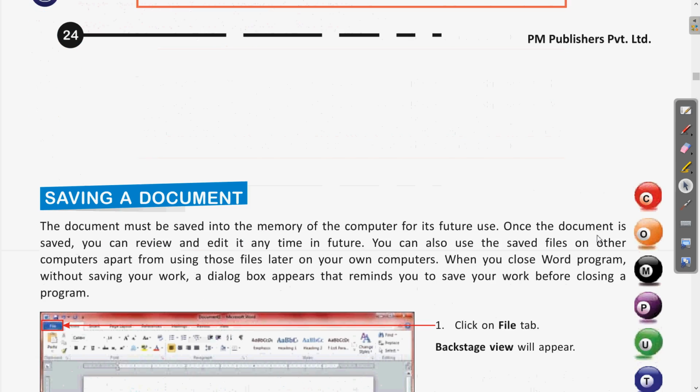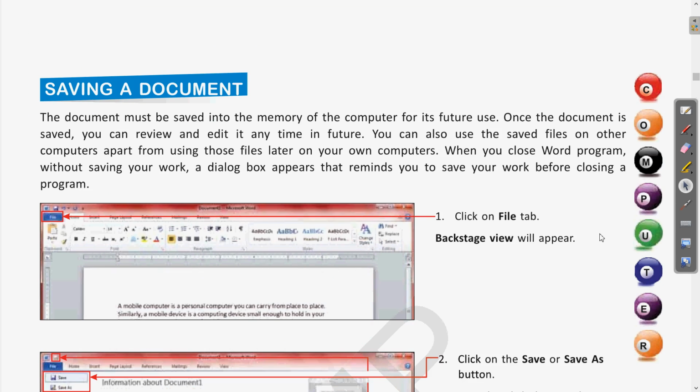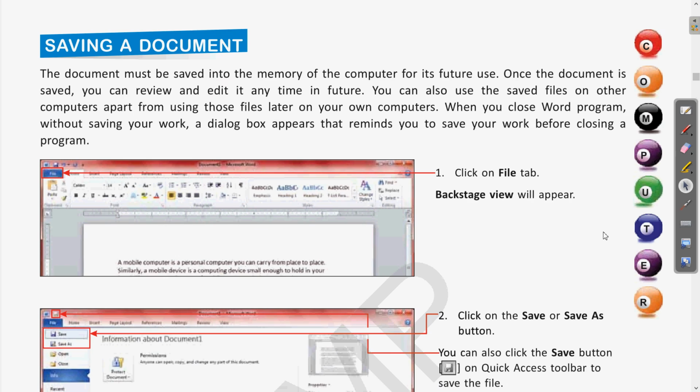Now if we come to the next part, that is saving a document. It is very important that whatever you have written, if you want to open it later, and if you have closed the computer and have not saved it, it will be deleted. Why will it be deleted? Because we have seen that all the contents which you are using are in the primary memory.